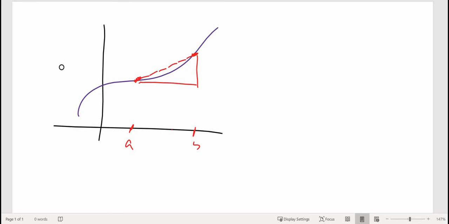Now, imagine then that this is the change in the x-coordinate, so we're going to call that delta x, and this is the change in the y-coordinate, so we call that delta y. So what would the distance be there? So using the Pythagorean theorem, that is just delta x squared plus delta y squared, right? Well,